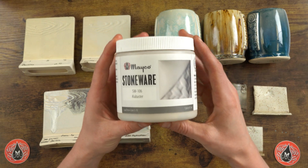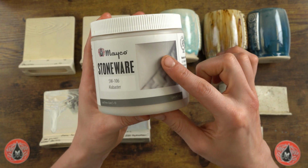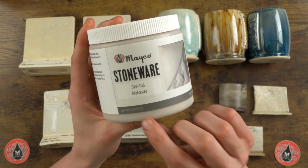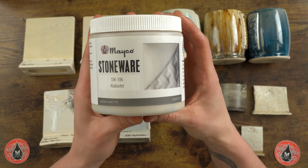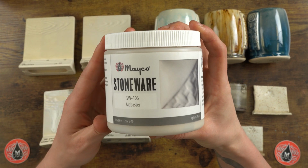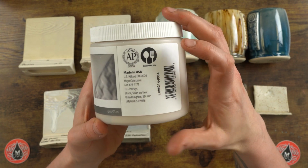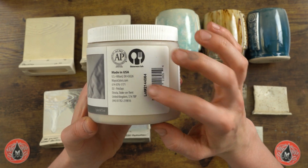So starting out, we have our label here. This tile here was fired to cone 6 on a white stoneware clay body. Our firing range states from cone 5 to 10, but there is variability with those results, as we will discuss here. On the side here, there's the AP seal, dinnerware safe notation, and the lot number, which you'll want to